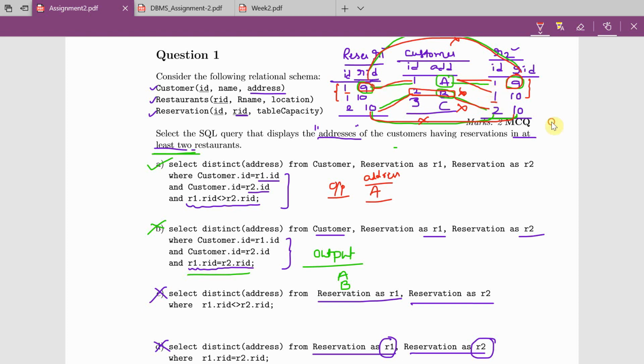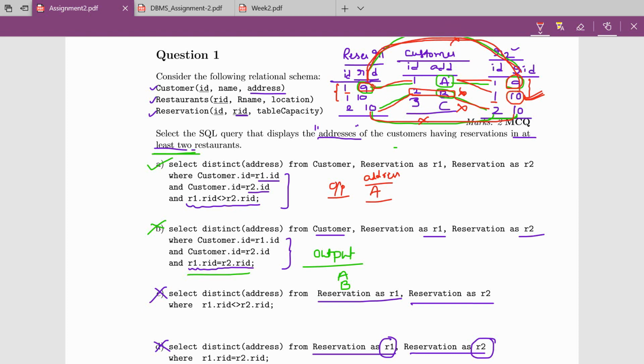And what is the next condition? R1 RID not equal to R2 RID. Here R1 RID is 9, here R2 RID is 10. It means that when I'm checking R1 RID not equal to R2 RID, it is possible if the customer has more than 1 reservation, meaning at least 2 reservations.